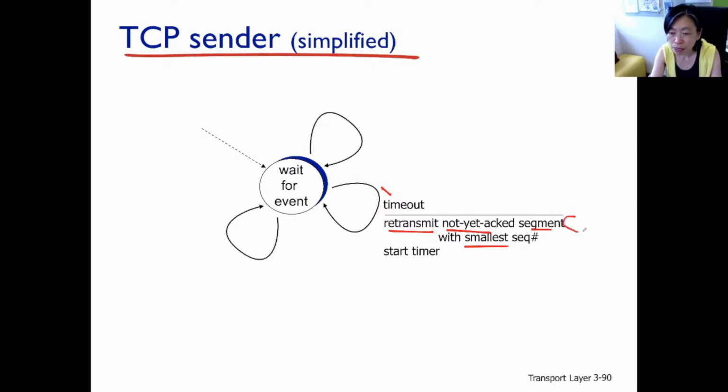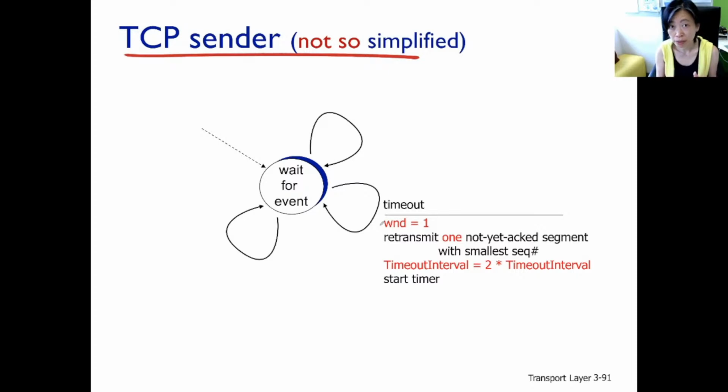Now we read down the actions being taken carefully. You see, this is not in the picture. So we retransmit just 1 segment and then start the timer for that segment. But this is really odd, right? This is not really like go-back-N. This is not really like selective repeat either. This is in fact TCP's reliable data transfer mechanism trying to do a little bit of congestion control. That's defined more precisely: what the TCP sender does when there is a timeout event.